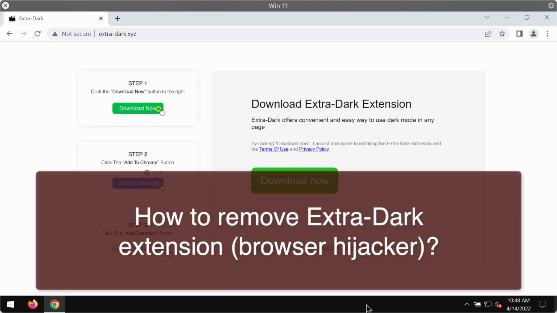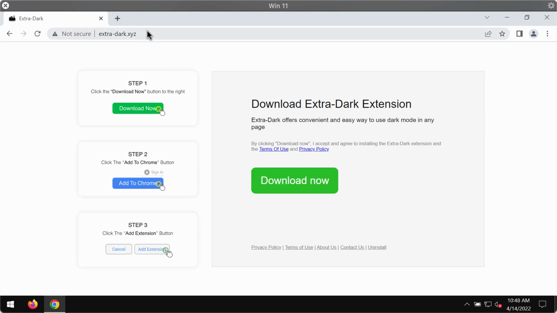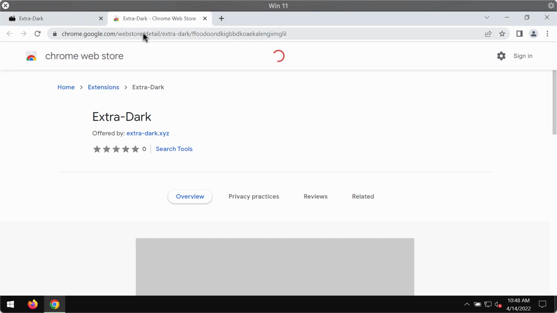My video guide is dedicated to help you remove the unwanted browser extension called Extra Dark. Extra Dark is the extension that is designed specifically for the Google Chrome browser. The developers of this extension indicate that Extra Dark offers convenient and easy way to use dark mode in any page. But the point is that this particular extension functions as a browser hijacker because it may change a lot